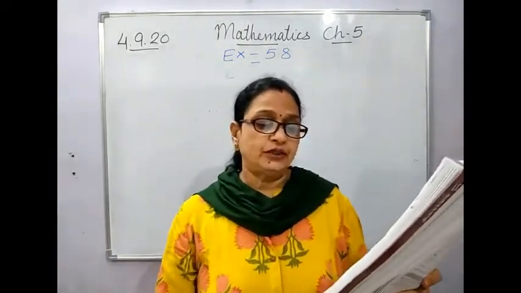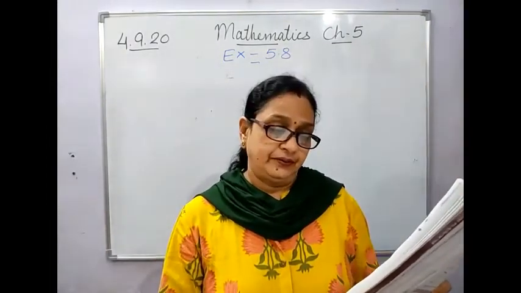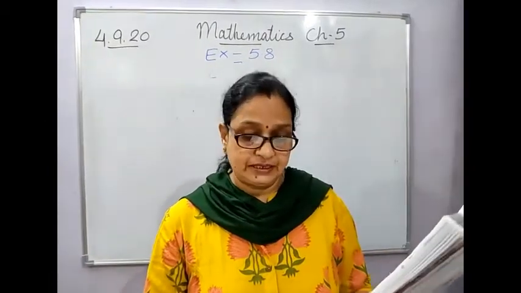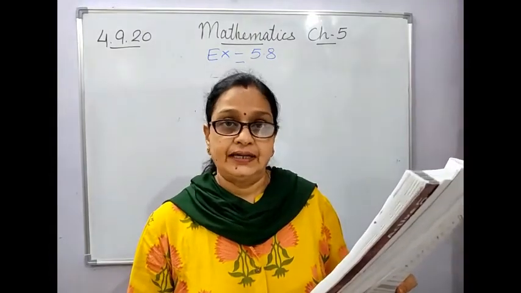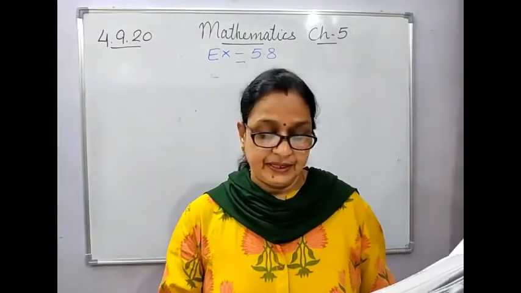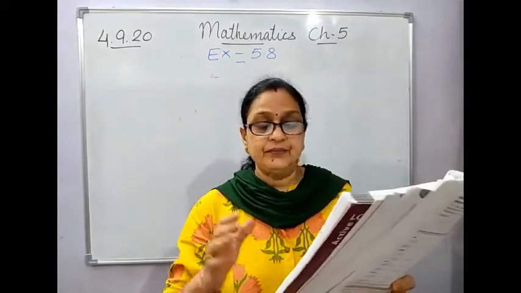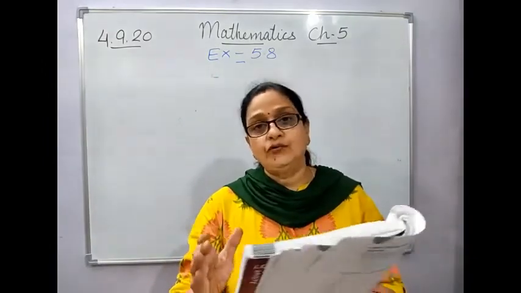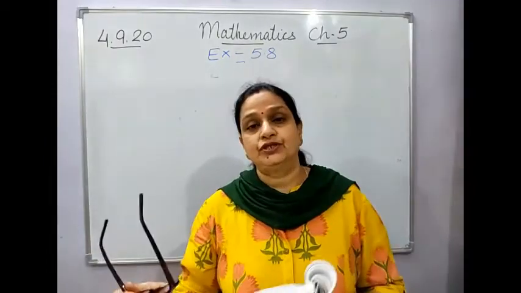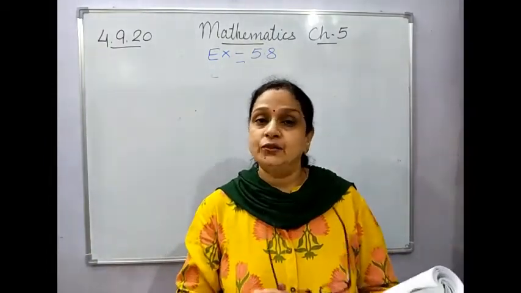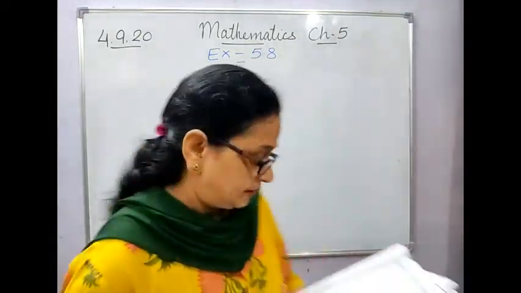Rachit bought 3/4 kg of sweets. He gave 1/3 portion to Ravi. How much sweets did Ravi get? So children, first I'll explain what they are saying in this problem sum. They are saying that Rachit bought 3/4 kg of sweets, out of which 1/3 portion he gave to Ravi. Now you have to find out how much portion or what fraction of that sweets did Ravi get. Okay, so first we'll make the statements.